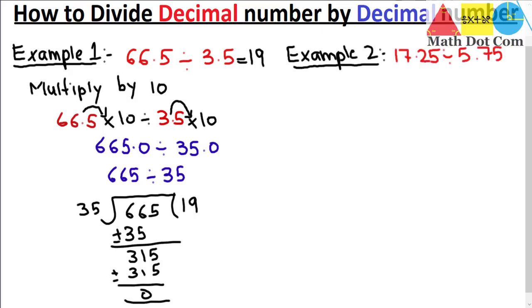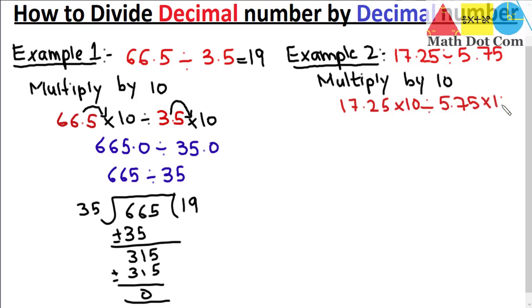Example number 2. We have 17.25 divided by 5.75. Again we have to convert them into whole numbers by multiplying them by 10 first. So what we get is 17.25 multiplied by 10 divided by 5.75 multiplied by 10. As I have told earlier, if you multiply by 10, this point will move one digit to the right, and the same here, this point will move one digit to the right. So what we will get is